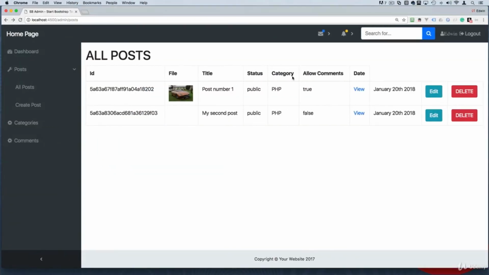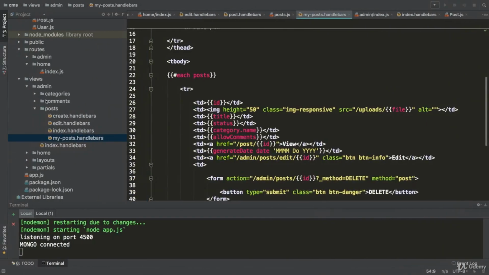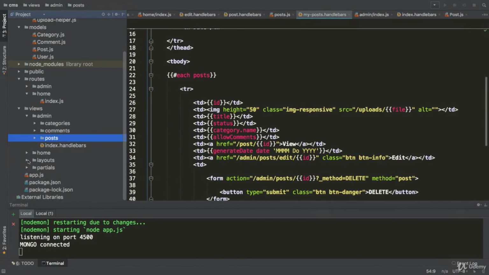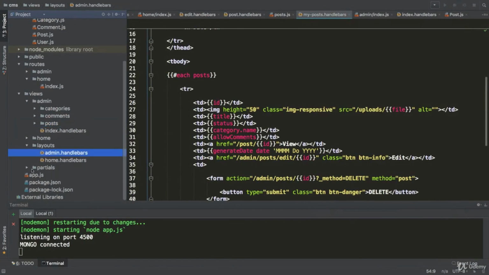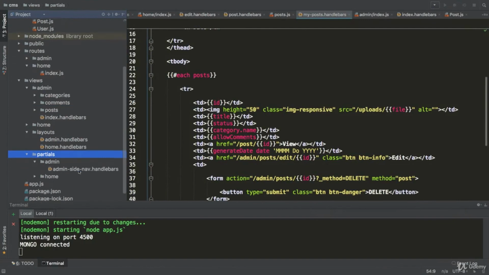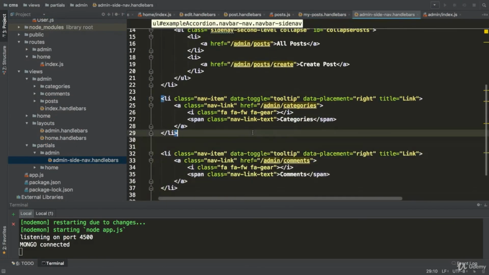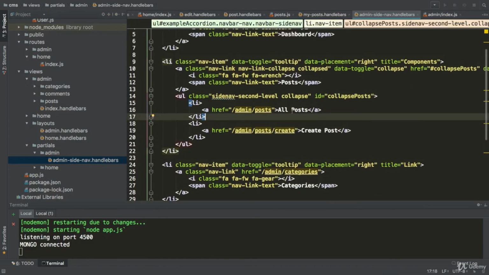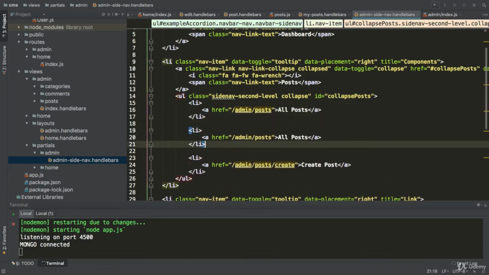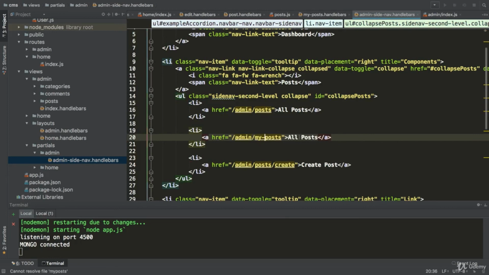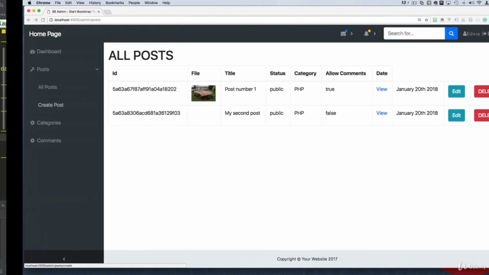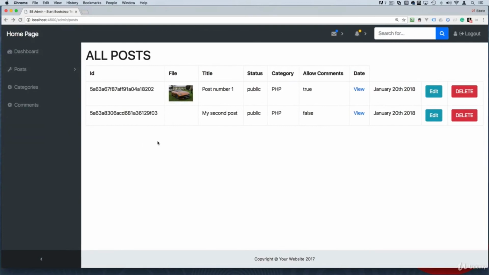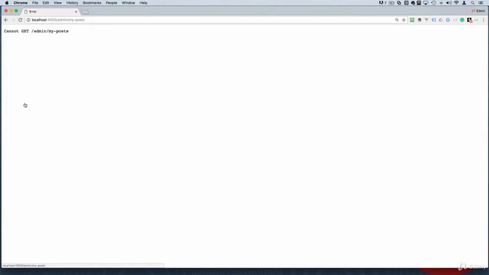Now let's make a link here. Let's go to the layouts, admin layout. Actually partial, I think we have one there for admin sidebar, and we can create another link inside all posts right here. And this is just gonna be my posts. Let's call this my posts. Let's refresh, come back here, my posts, and